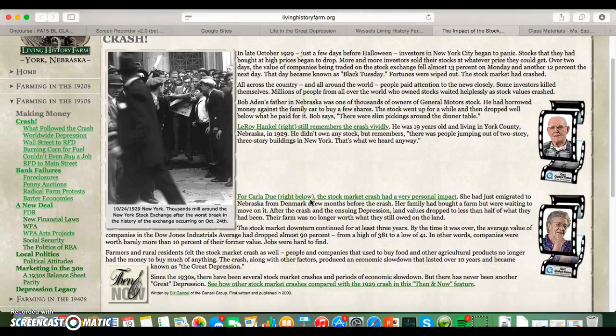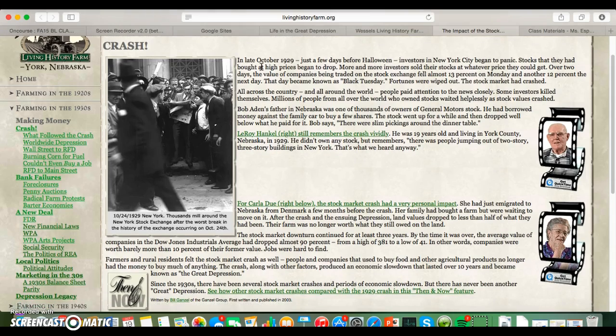This page is an article about what it was like to live in the Great Depression as a farmer during the crash, during the Depression, during FDR, during the reforms and the Social Security Act, and what all these things that happened in American history did to impact farming. It only gives you one perspective, just the farming side, not the city life, but it is a great resource